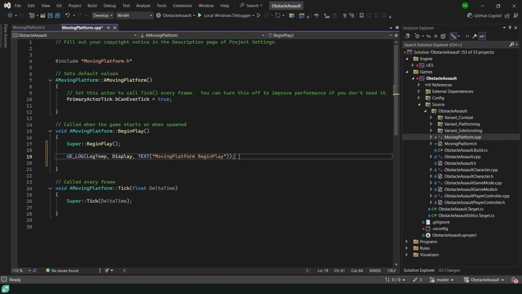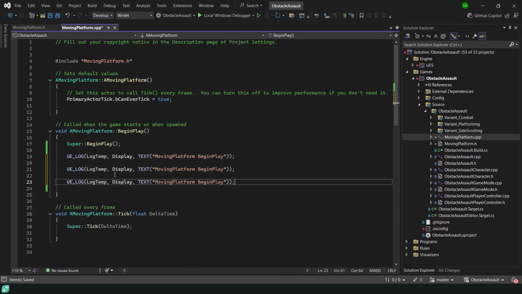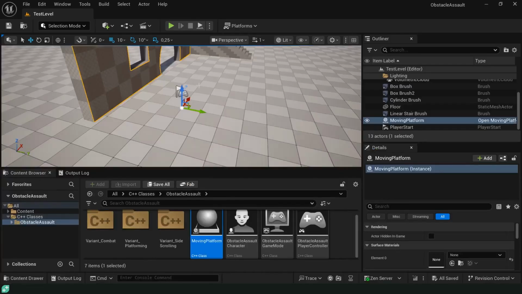One thing I want to teach you is, although it is kind of obvious, the code is executed from top to bottom. So for example, I'm going to copy and paste this 2 times, and I'm going to put numbers inside of these text messages. 1, 2, and 3. When this code is executed, this one will be executed first, then this one, and finally this one. So it's going from top to bottom inside of this function. So keep that in mind, and we're going to save this, exit out of the editor,